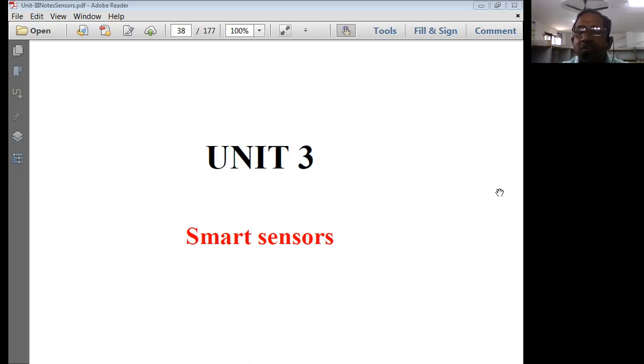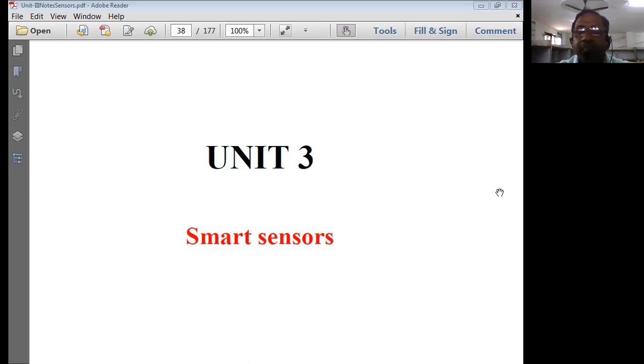That means we are adding a term called smartness. When you add a term called smartness, what advantages do we get? We achieve flexibility in the functionalities. That means you can make the device operate independent of the human being. That is called smartness. That means you try to make the sensors more intelligent. By doing so, we simply call it a smart sensor. That means if you bring some intelligence to the sensors, it is called a smart sensor for us.